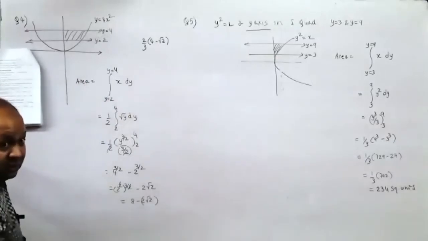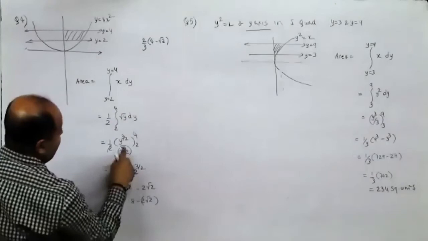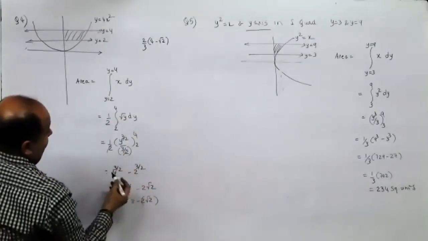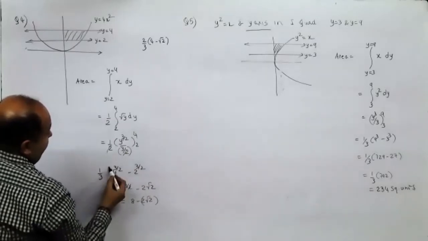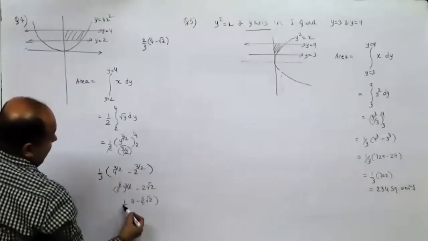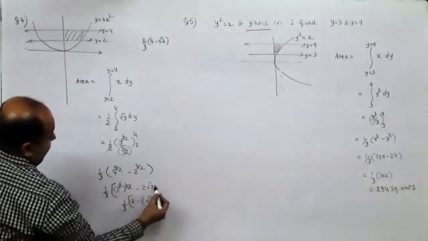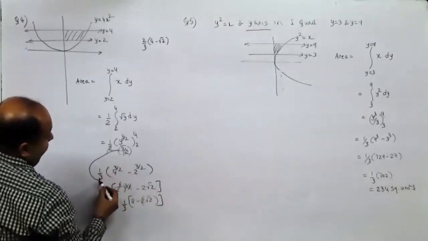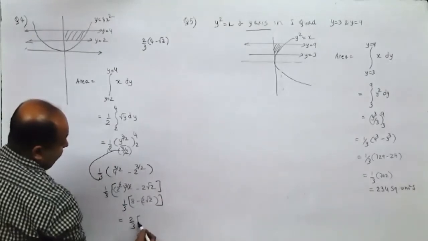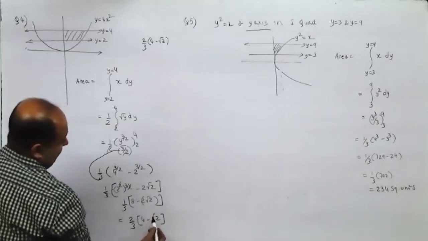Sir, you made a mistake in the 3 upon 2. Yes. Now y raised to half, so upon 3 will be there. So this would be 1 by 3 into 8 minus 2 root 2. And therefore, yes, I missed out this 3. So this is 2 by 3. It was my 3, right? Yes, sir. Have you followed it?